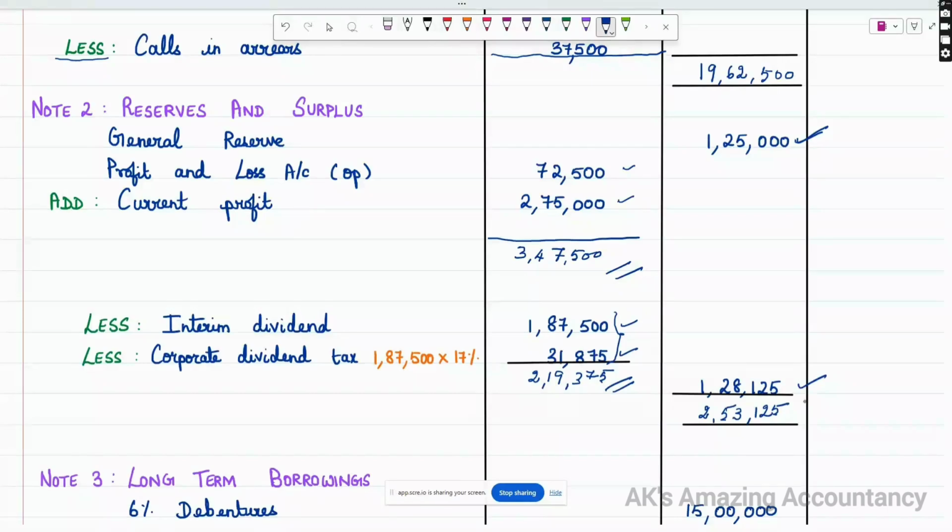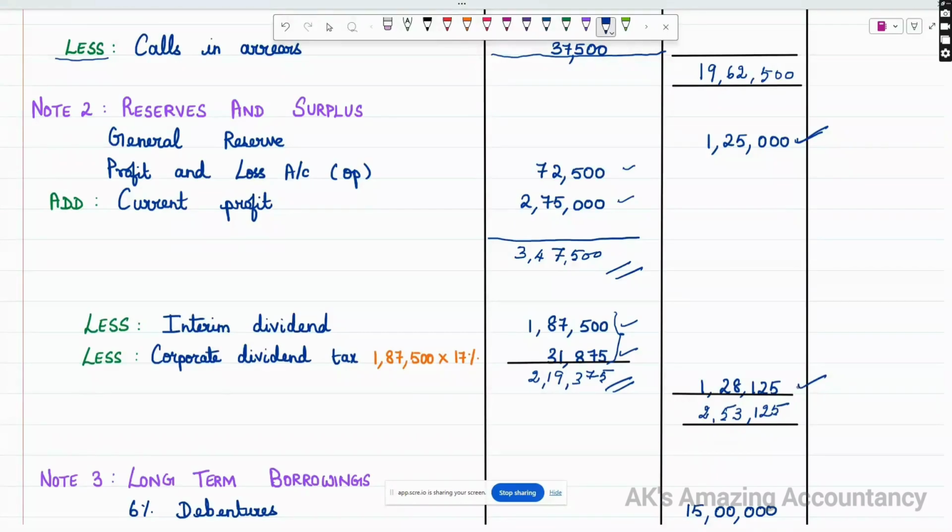As I used to tell you very often, in this particular chapter, you should be very, very familiar with the format of the statement of P&L and the balance sheet also. You have to know which item will come under which heading. Unless you are thorough with this, you can never prepare the balance sheet correctly, right? So you have to know what are the various items which will appear in the statement of profit and loss, and what are the various items which will come in the balance sheet also. So it is very, very important to be thorough with the format of the statement of profit and loss as well as the format of the balance sheet.